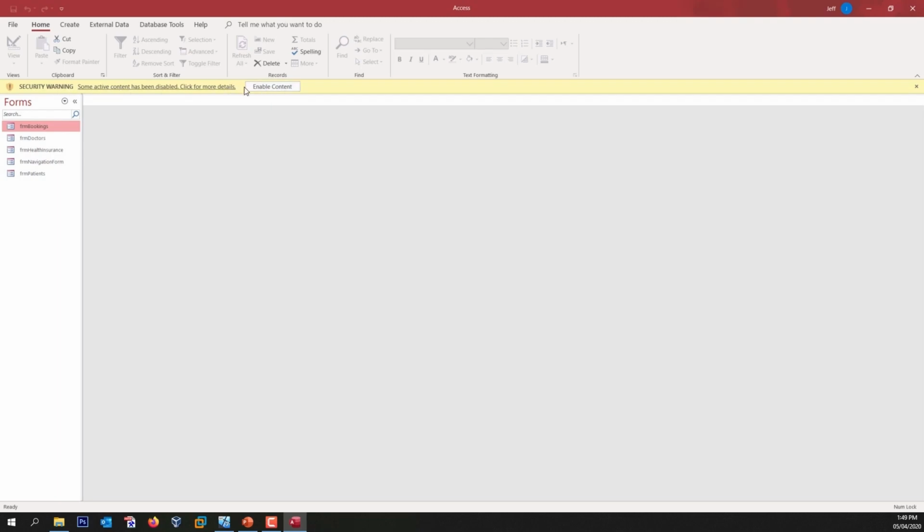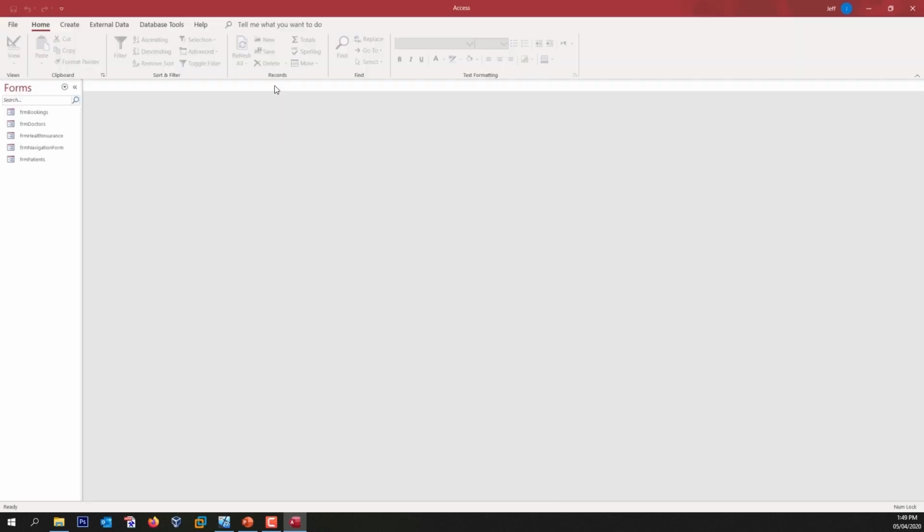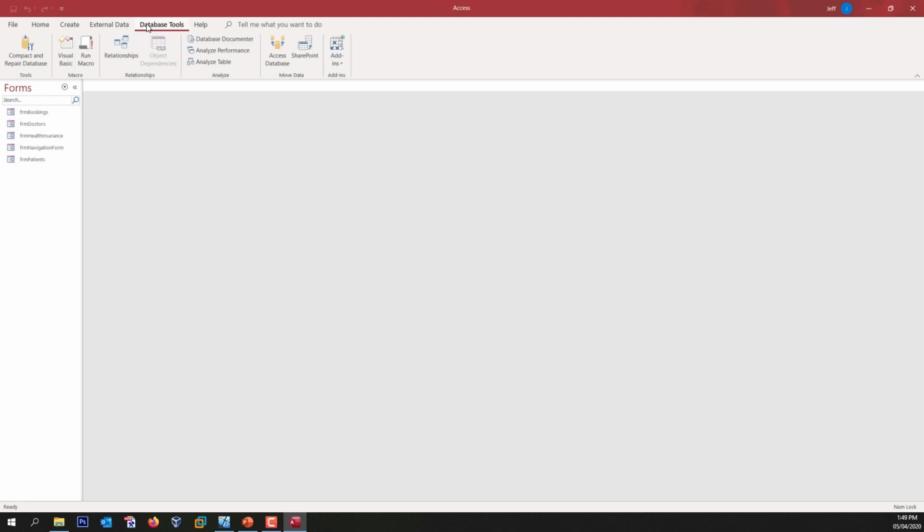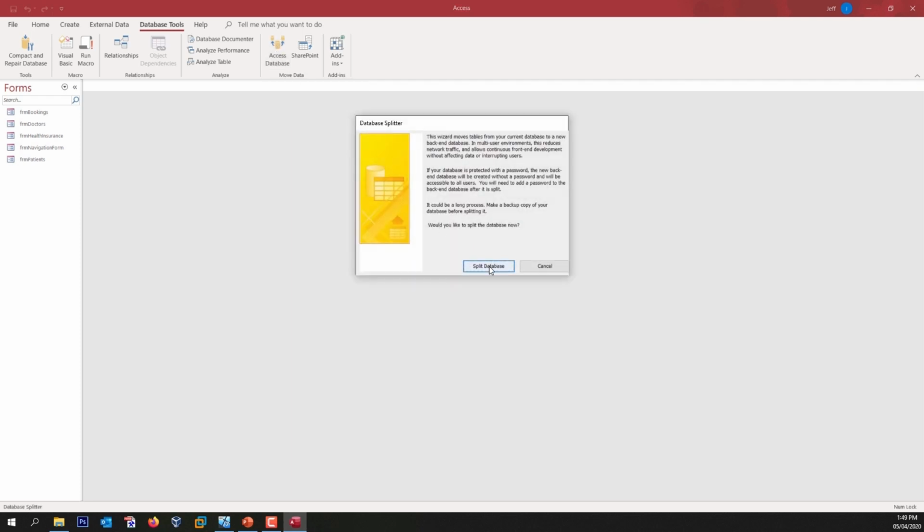Now if you see this, you click enable content, but before you do that, just make sure you hold in the shift key. There we go. So now we're going to go to database tools, and here you will see move data. If you just go over it, it says split a database into two files, one containing the tables and one containing the queries and forms. So we click on it, we split,